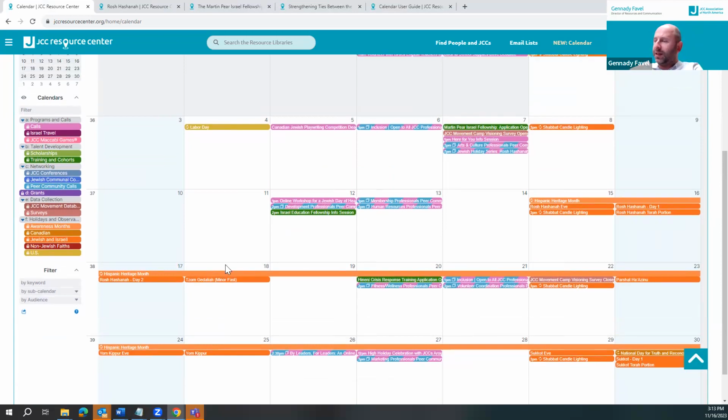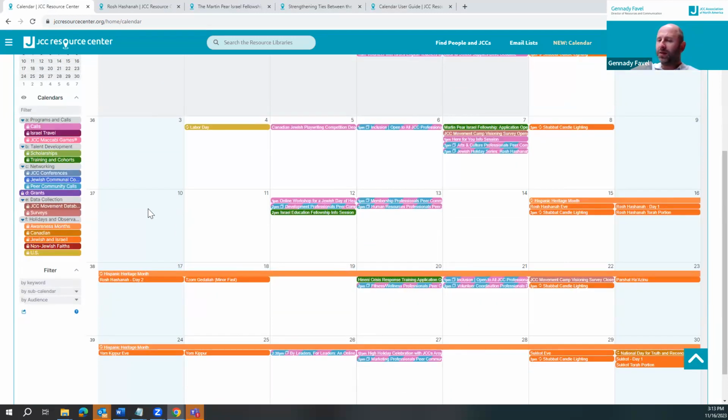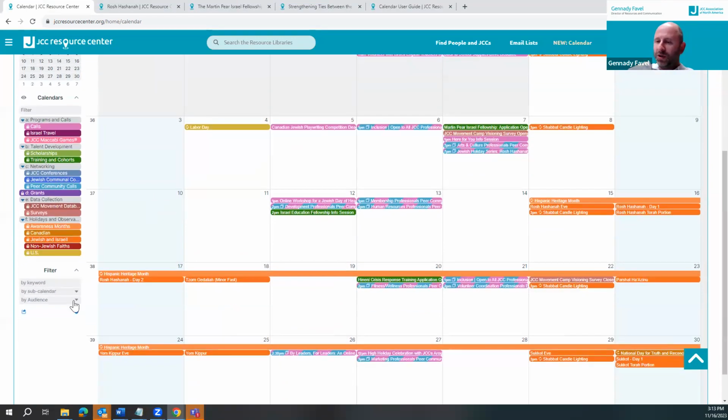So how do you find things? As I mentioned, there's a lot of stuff here, and some of it is relevant for everybody. Some of it is relevant for certain audiences. There are two ways to go about finding things. One of them is to use the by audience dropdown on the left side panel here, and you will see the different audiences that we believe a specific opportunity is for. If something is for everybody, all JCC professionals, it'll have JCC professionals in it.